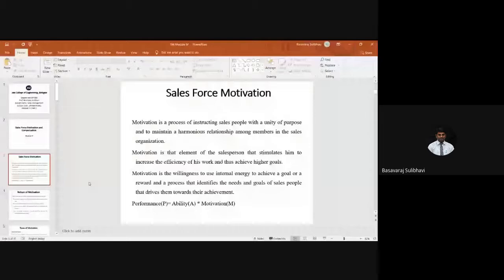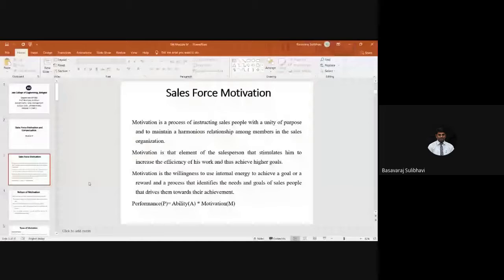So we say motivation is the willingness found in the internal behavior of the salesperson, in the form of energy, which makes him achieve the goals set by him as well as by the concerned person sitting on the top. Okay, or we say it as a reward, right? It is an internal energy of a person as a motivation, or maybe a reward. Sometimes we see financial or non-financial rewards,